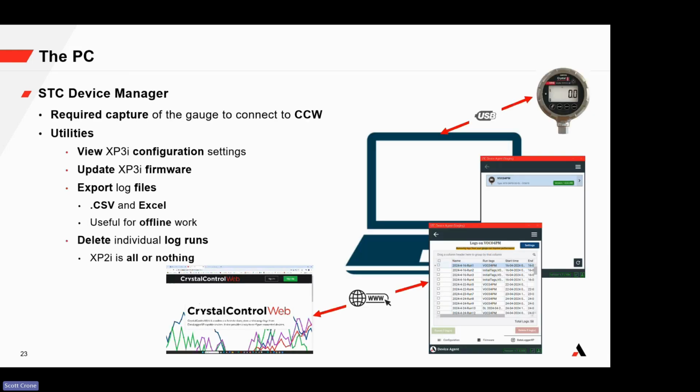So if we talk about the device manager, it's the one piece of software you've got to install on your computer, and it requires the capture of the gauge to connect it to Crystal Control Web. So you download STC Device Manager. You can look at your settings on your gauge. You can view it. It'll tell you if you need a firmware update. It'll give you any trouble logs for any issues you might be experiencing, and it shows all the data runs